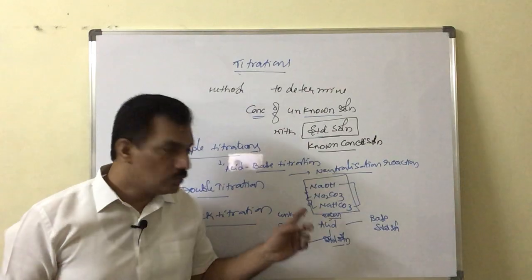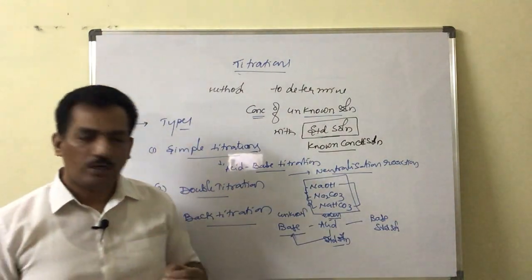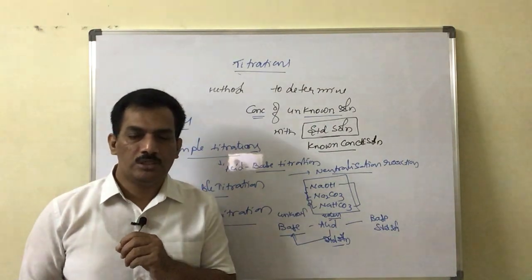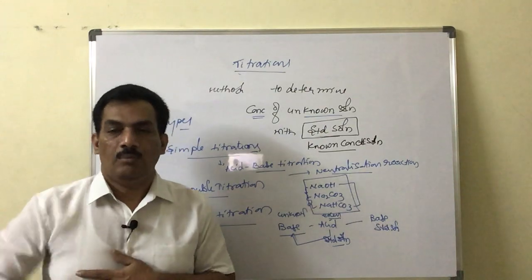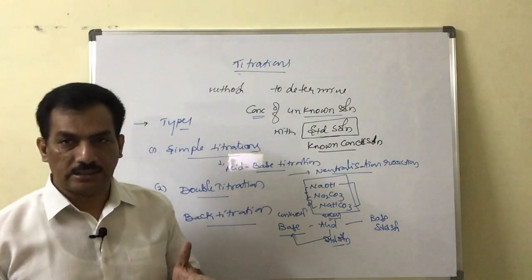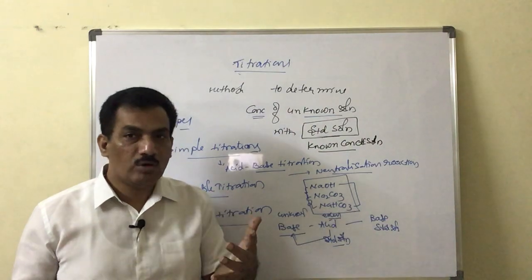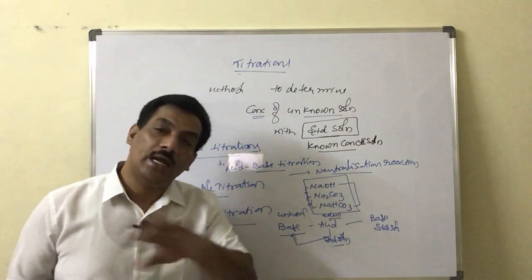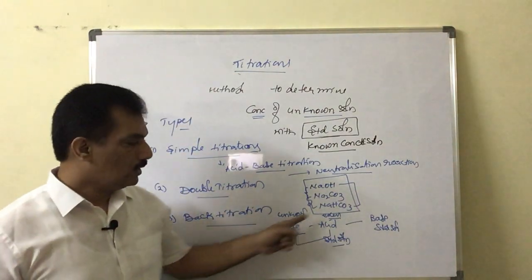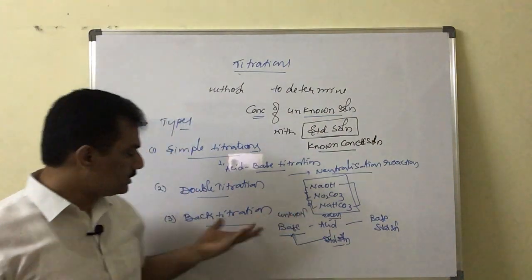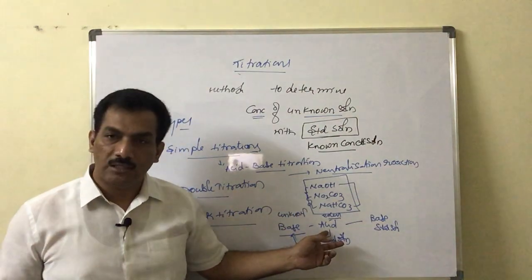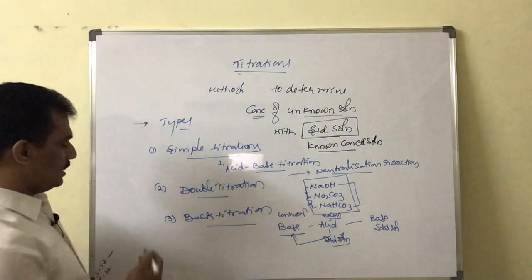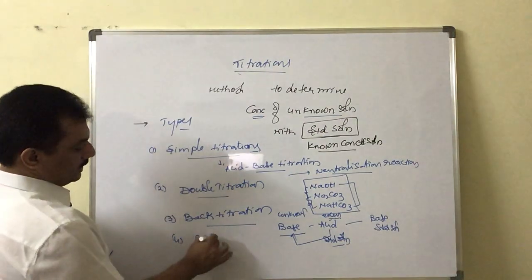So one base is unknown. To measure the unknown base solution concentration, we are using a standard solution of acid. A standard solution of acid means a known concentrated acid, but that acid volume is taken in excess. Now, to find the excess amount of acid present in that solution after neutralization, we are again using a standard solution of base, known. So why is it back titration? The base is titrated with acid, and that acid is now titrated with base, back to back. That is the meaning. And the fourth one is nothing but redox titrations.